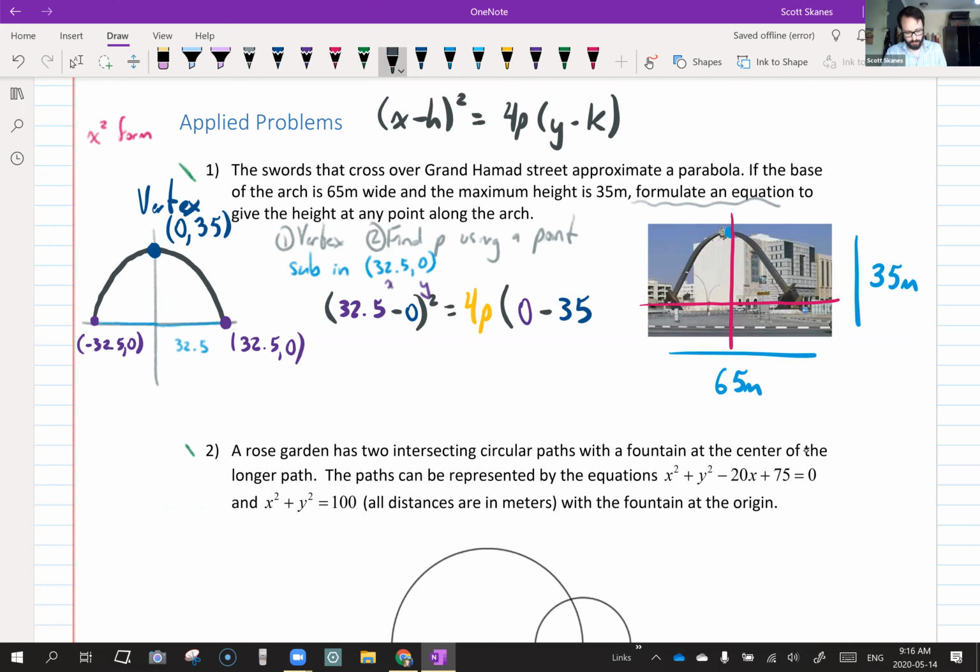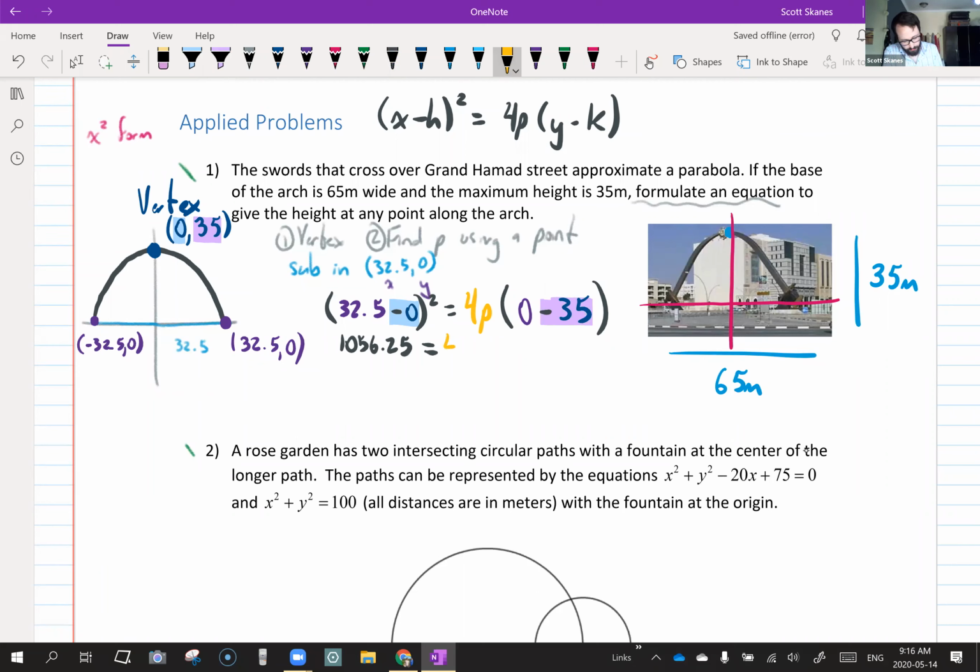So let me just color code this in case you're not sure where I got everything. This is my h, this is my k, and then of course the other values are the purple ones. That's just a point from the graph. So we just rearrange this until we can solve it. So on the left side here, 32.5 all squared. 32.5 squared is 1056.25 equals